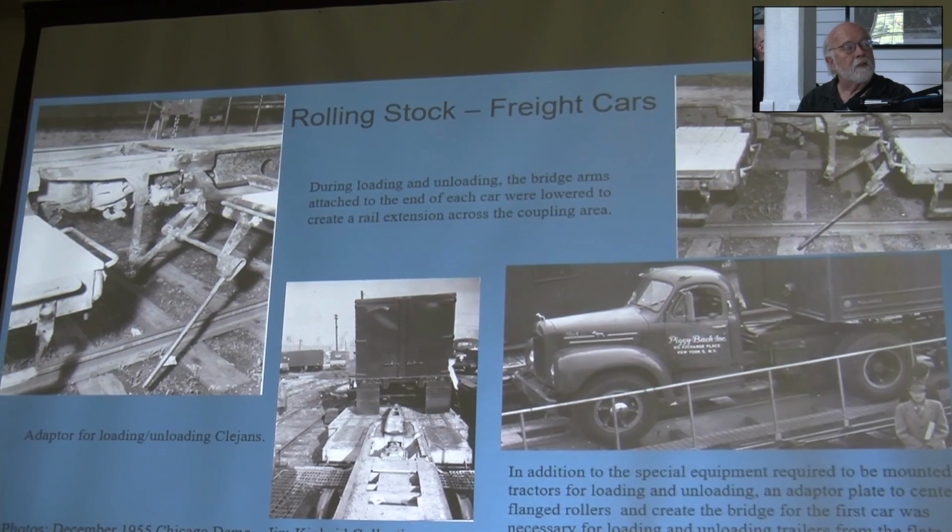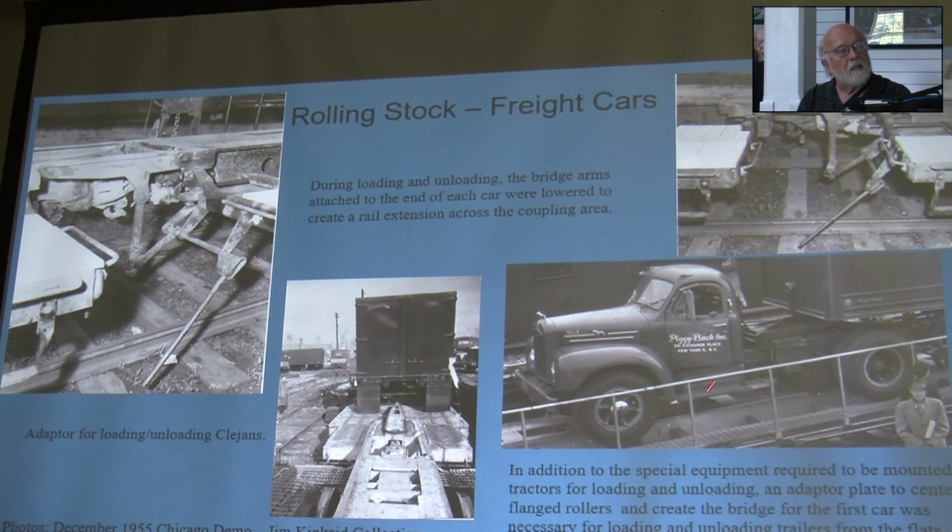So for a very short time, Piggyback Incorporated tractors were used in Boston and Harlem River. But this shows again the special apron plate that had to be installed from your loading ramp to get across the first car, and then you had bridges that extended to the center, or rather just off-center